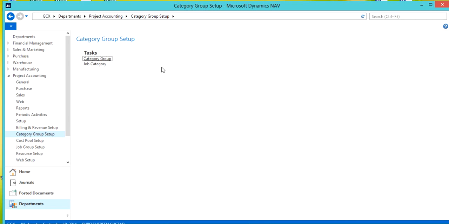Let's take a look at the category group and job category setups. These setups work hand in hand in that the category group is made of multiple job categories. As an example, if we look at the category group labor